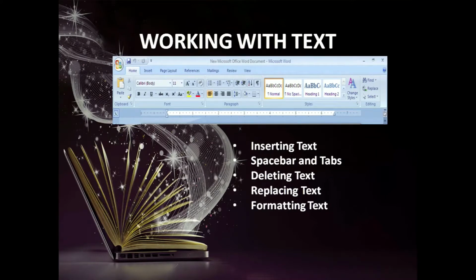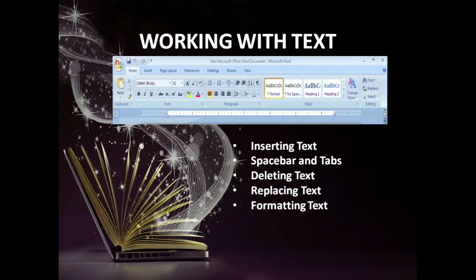In the previous session, you learnt how to open the Microsoft Word 2007 software. In the same way, you use the start button, then choose All Programs, then choose Microsoft Office, then choose Microsoft Word. Whatever version you have, you can try the same thing. Even if you have recent software, you don't have to worry. The interface will have similar features, only with additional features. I am not using the same version; you can use any version you have.